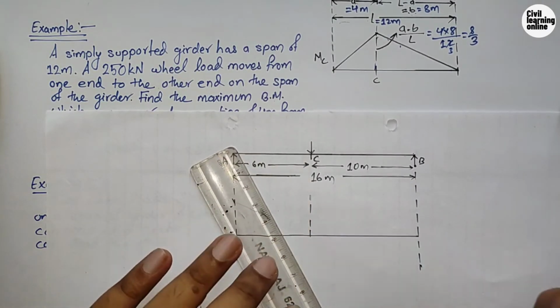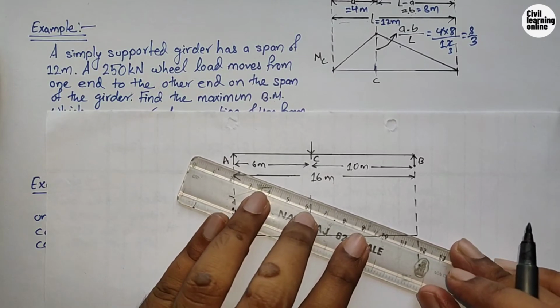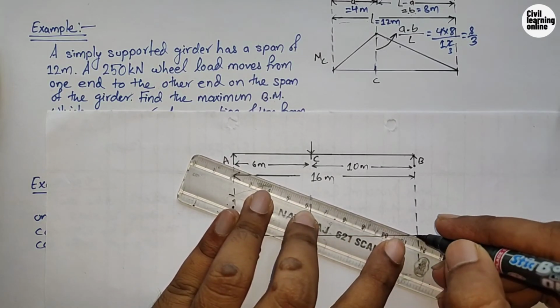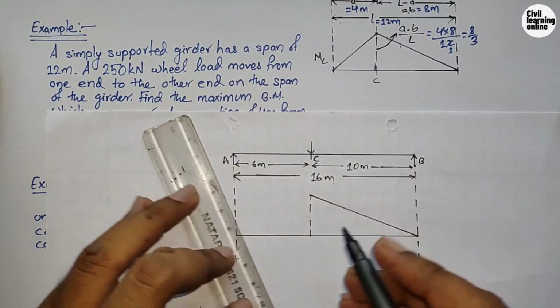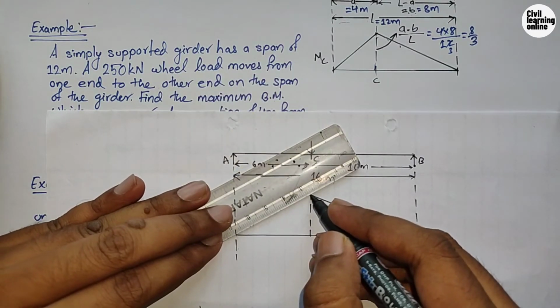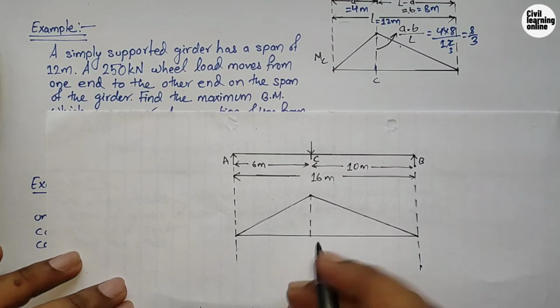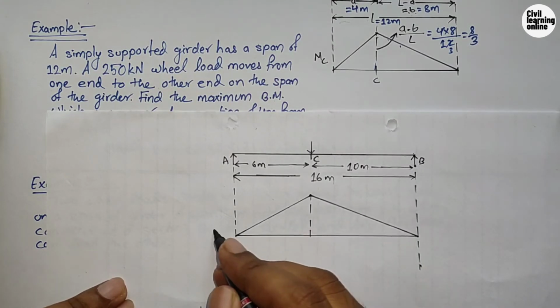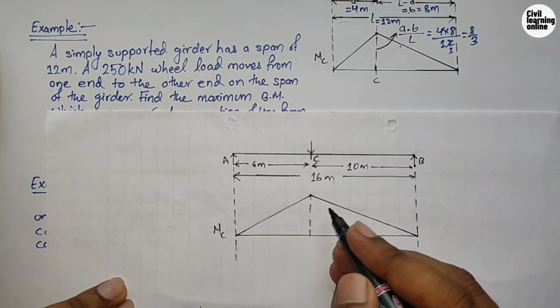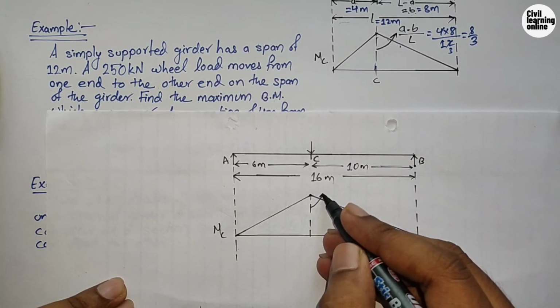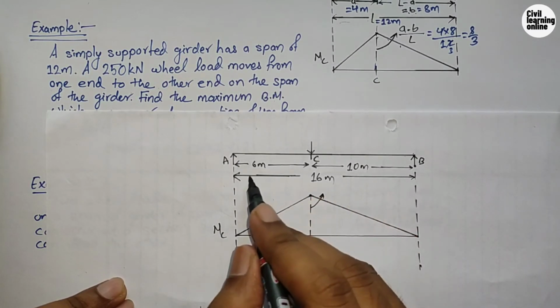So we know the influence line diagram for the maximum bending moment is a triangular portion like this, we have come to know from this lecture. And now guys, this is the influence line diagram for the moment at C. Now we need to know the value of this ordinate, and the value of this ordinate is again the multiple